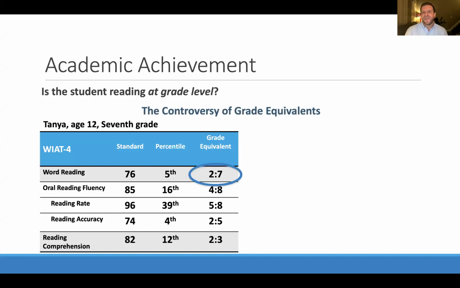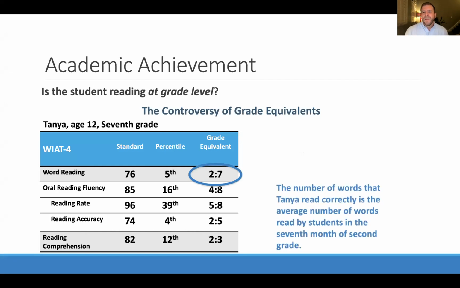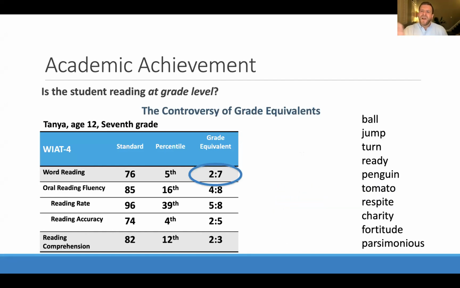And here's why, just to give you a little example. If we look here, this might be our list, and we're going to simplify it and just pretend it's a really short test, but it might look like this. So Tanya read 4 words. She's at the 7th month of 2nd grade. That might kind of make sense. We could get the same score with this kind of pattern. Now, that's not really reading at the 2nd grade level.